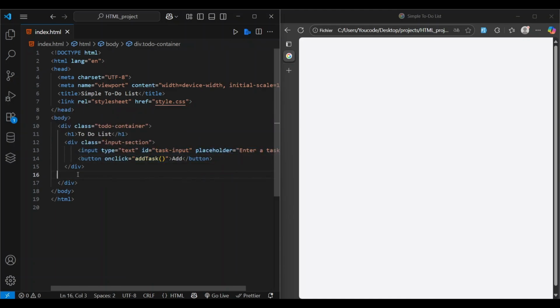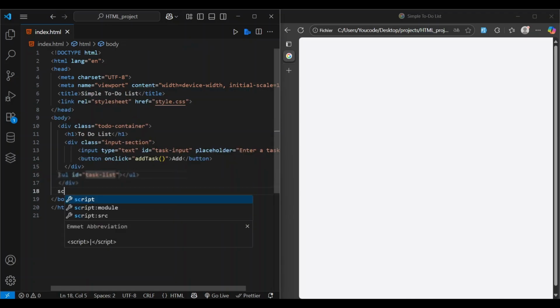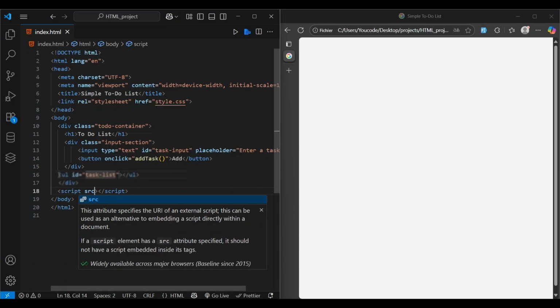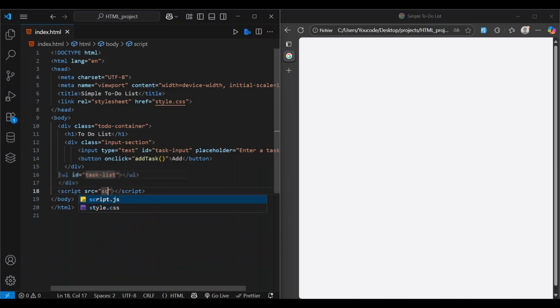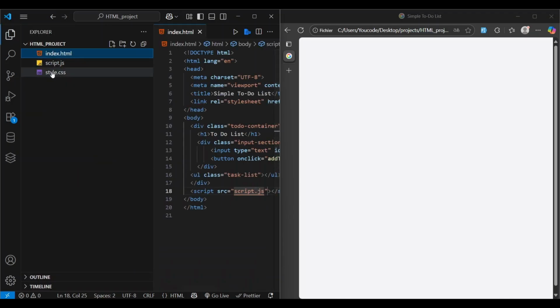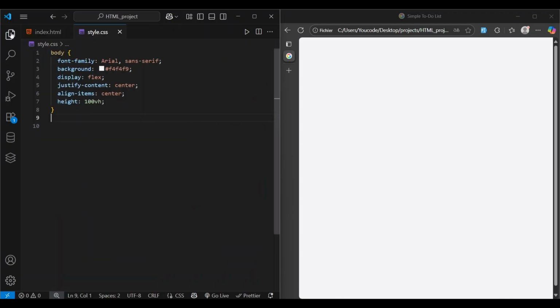Then an unordered list where our tasks will appear. And finally, a script tag that will link the HTML file with the JavaScript file. And all that gives us the basic layout of our to-do list. Next, let's move to the CSS. We will start with this basic styling that will give us a clean font and center everything in the middle